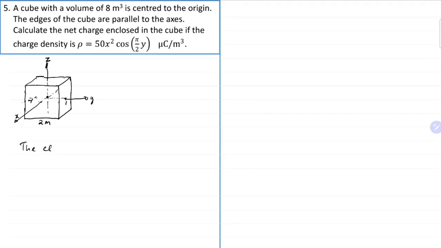The charge enclosed in the cube, Q, is equal to the integral of rho dV. So we first have to define what dV is. In a rectangular coordinate system, a small change in the volume